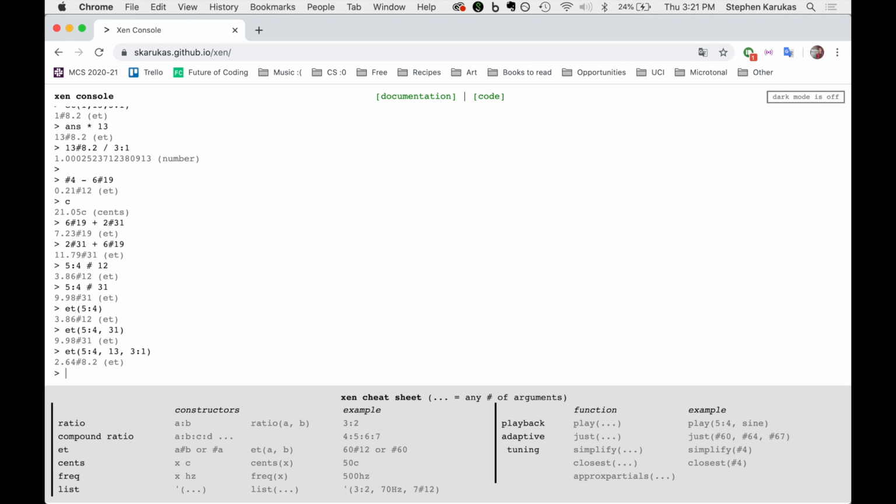And so let's say you're working with a certain equal division of the octave, and you want to find out how to best approximate a just interval. One way to do it is to calculate, so I want this interval, let's say 7 to 4, in some sort of equal temperament, let's say